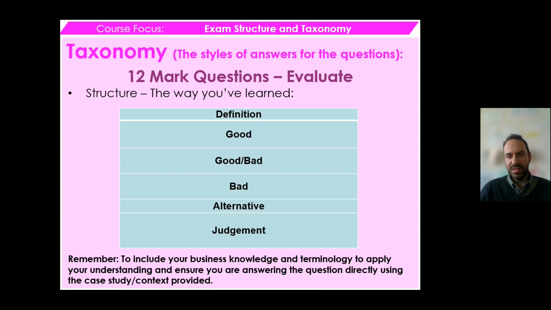This is part of your evaluative skills, showing how else you can think about the market, what's an alternative solution. You're never going to argue for your alternative solution. You are just going to present an alternative to show that you understand the business context. Then your judgment is whether you agree or you disagree according to the question. So your conclusion will be very much similar to that of the 9 marker, but you've structured your answer very differently.